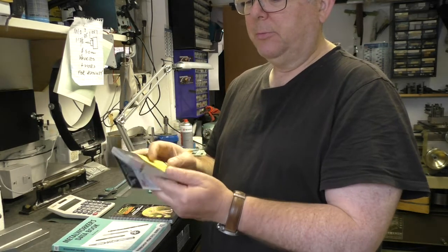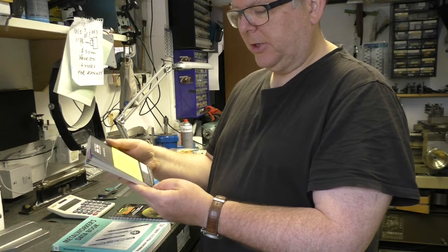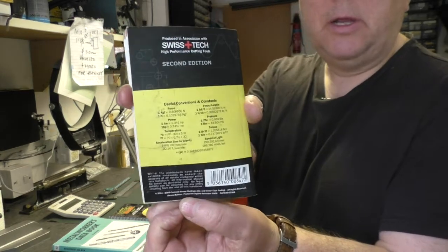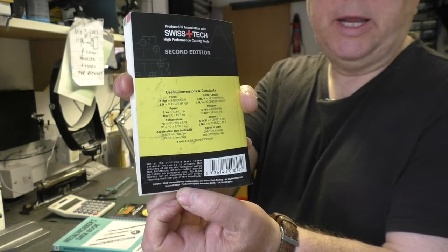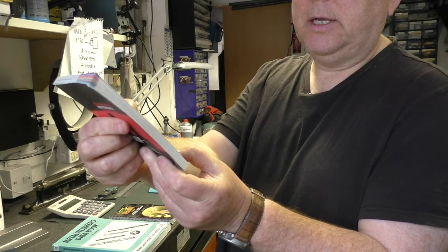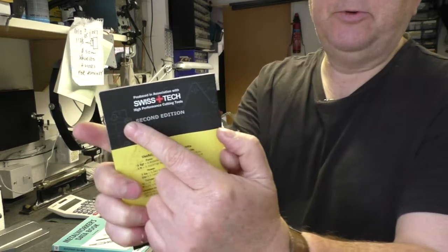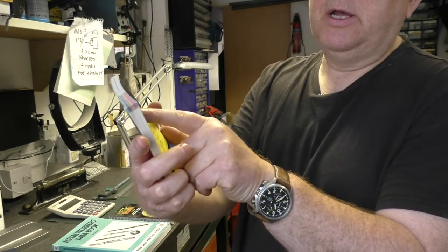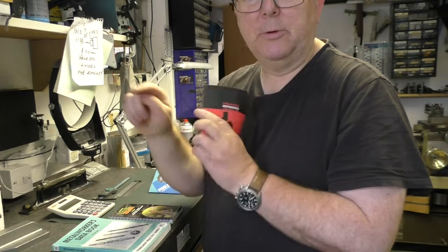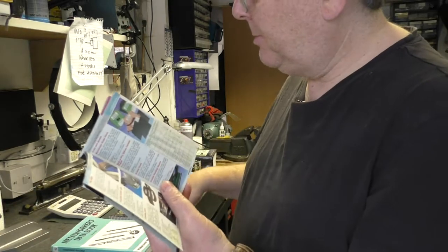Now, I bought this at my local auto jumble, and I think I paid £5 for it. I haven't actually looked into whether you can buy this or not, but it's published by Cromwell Group, which is a very large distributor of engineering tooling and such like products in the UK, and it's Cromwell Group Holdings Limited and Swiss Tech Tooling, and in fact it's got Swiss Tech Tooling written in big letters on there. I'm not quite sure who. Apparently Swiss Tech are high performance cutting tools, which means that I probably don't own any, because high performance usually equals high cost. This is actually a very good book,